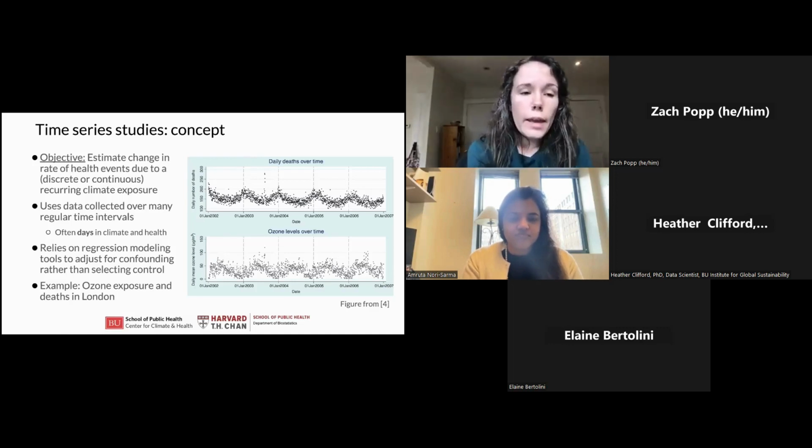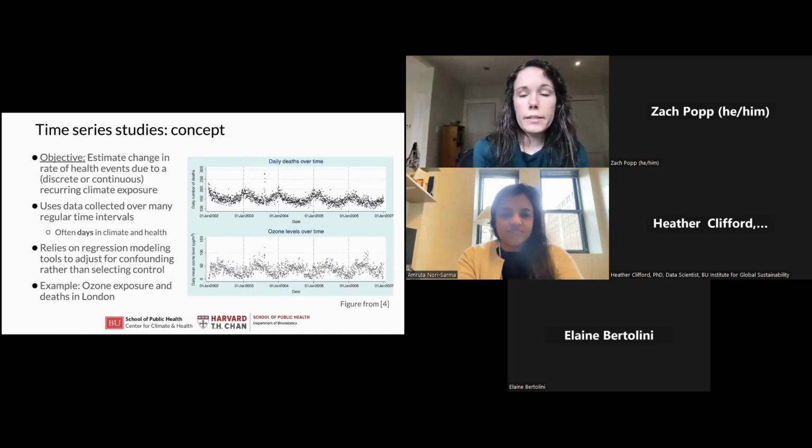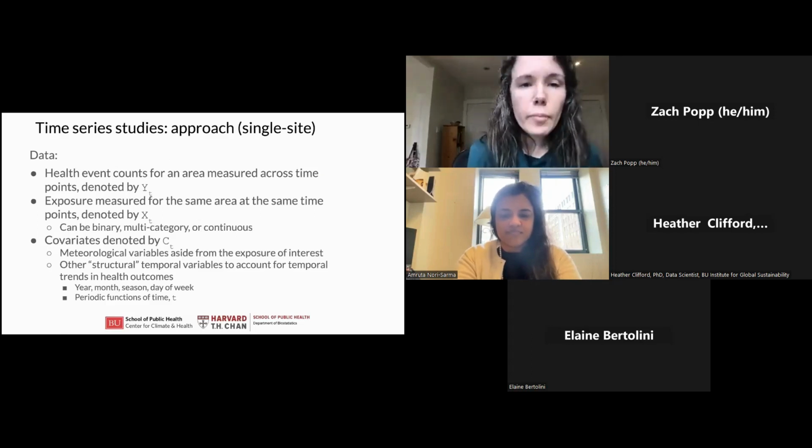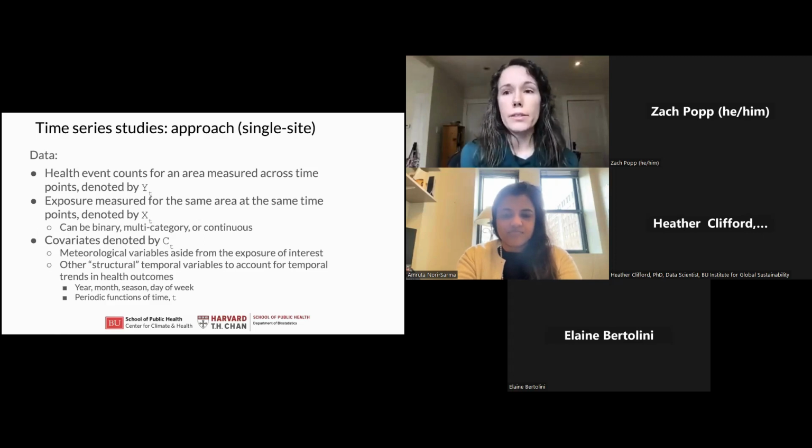And so unlike the excess event study designs, the time series study design is going to rely on regression modeling tools to adjust for confounding, rather than needing to select this sort of referent or control period. And it provides some added flexibility and a little bit less user discretion. So let's first start with the very simplest time series study design, which is where we just have data from a single area, a single site,